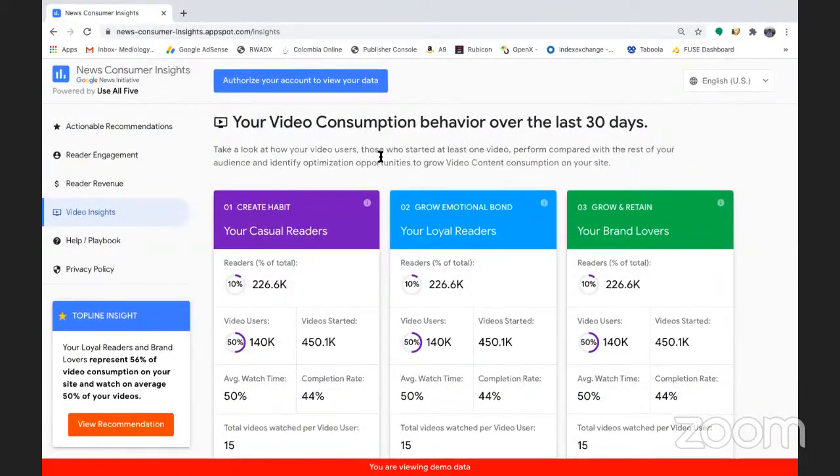Okay, to open the tool for news consumer insights, you need to log on to news-consumer.insights.appspot.com. How it works is basically you need to link your analytics account here by authorizing your account